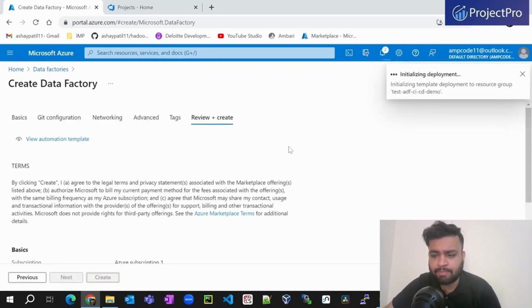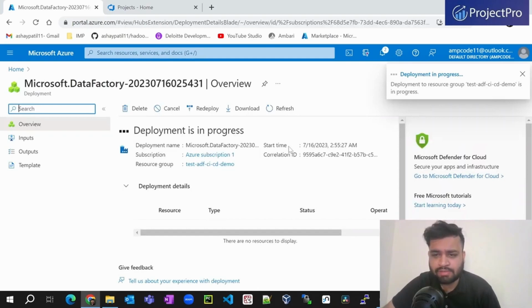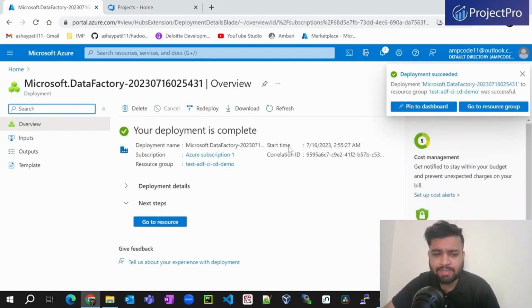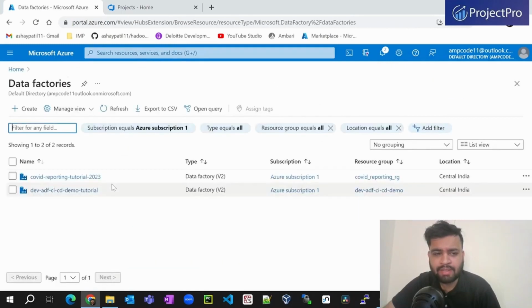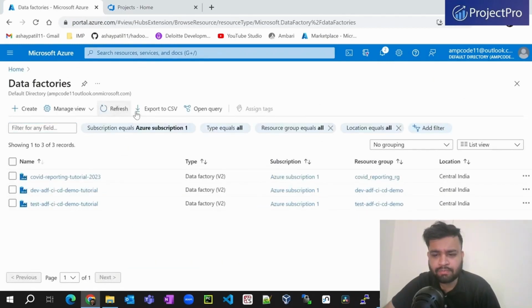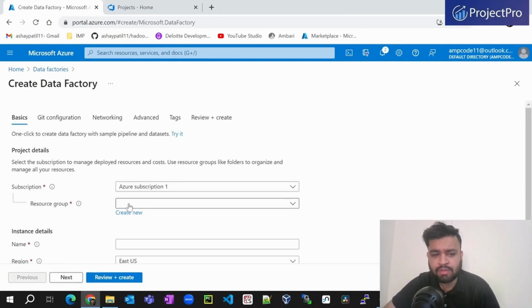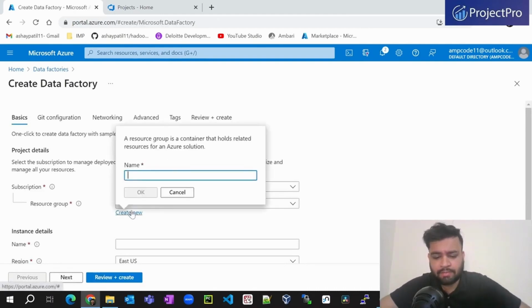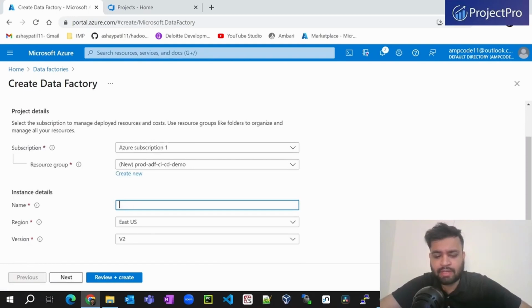So just create it. As you can see, the deployment is in progress, and there you go, the deployment has succeeded. So once you go into the data factories again and click on refresh, as you can see, we got the test as well. So all you can do is, we can create the last one, which is the production. So here we are again going to create a new one, which is like prod adf ci cd demo. Okay, and the name, which is again prod